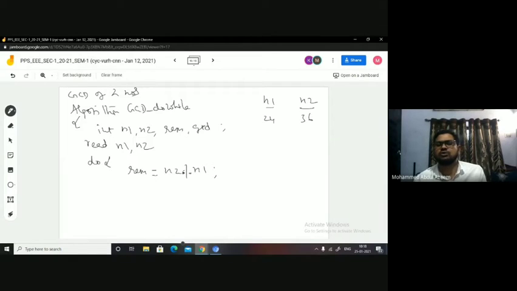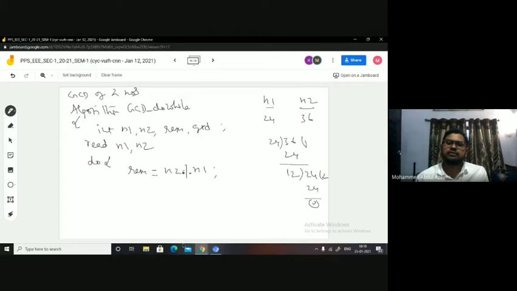You can change the values also, no issue. It works for all. N2 mod n1, right? 24 ones are 24, remainder 12, 24, right? The remainder will be taken as divisor. Current divisor will be taken as dividend for the next division. 12 twos are 24, right? Until remainder 0. This is how you have to do it, right?